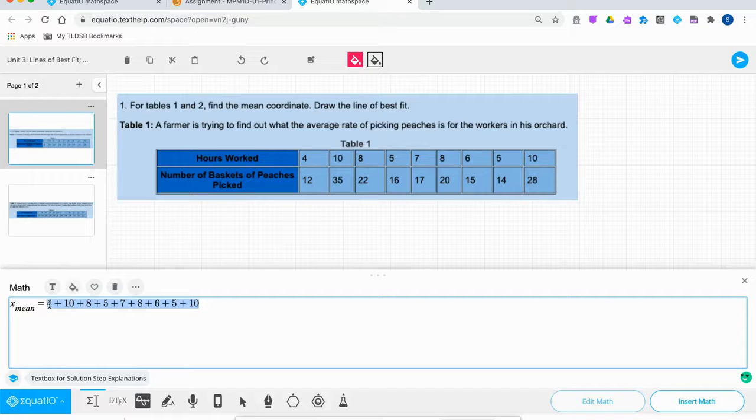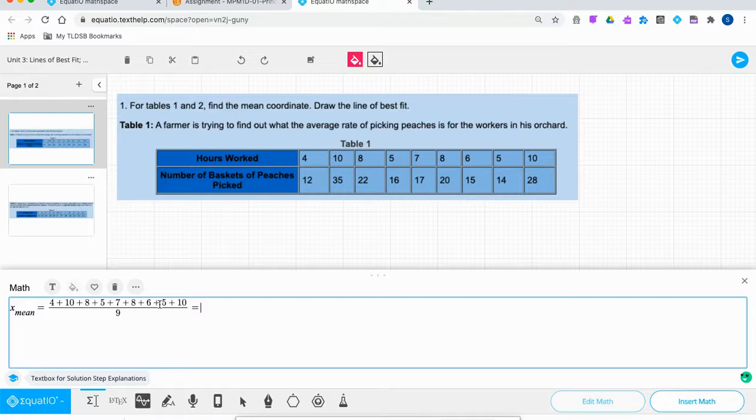Now, I'm going to divide that by the number of terms, and there's 9 terms. I'm highlighting the whole top to indicate that's going to be my numerator. Then I'm going to do a slash. So I do the slash, and now all of a sudden I'm able to put in 9 as my denominator. Now, just for real estate purposes, I'm going to keep moving horizontally here, and we're going to add up those